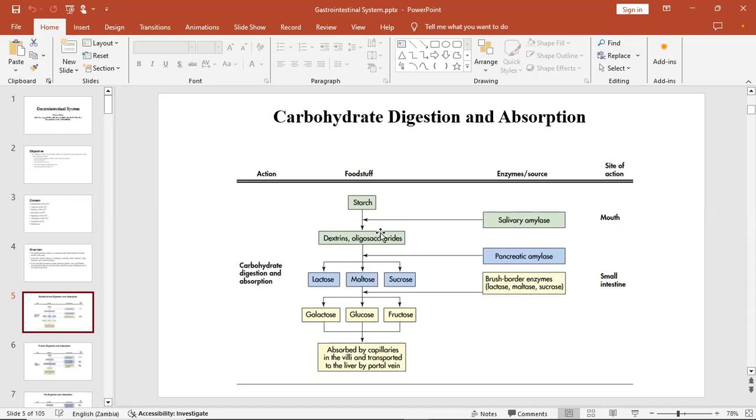Now, when it moves down the esophagus to the stomach, digestion won't stop there. It will continue for about an hour before the enzyme salivary amylase gets denatured by the gastric juices, one of the secretions that is present in the